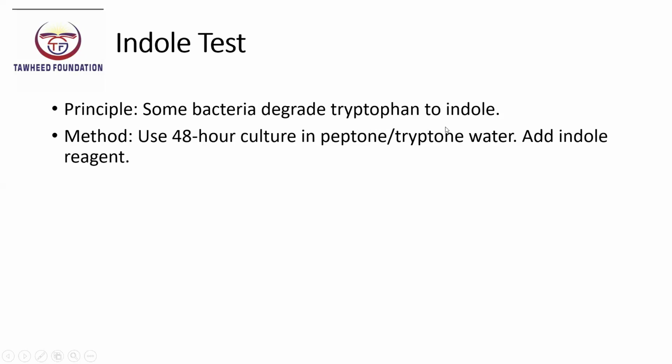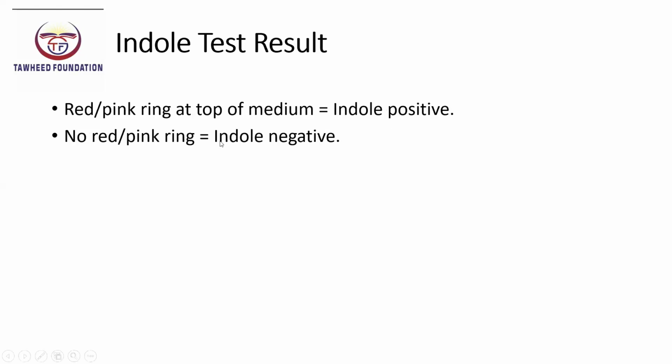Indole combines with reagents, which is Kovac's, to produce a color change visible in the test medium. The test is important for rapid presumptive identification of clinically significant pathogens. Here, the method uses a 48-hour-old culture in peptone or tryptophan water. Add indole reagent to see the result. So, procedure: